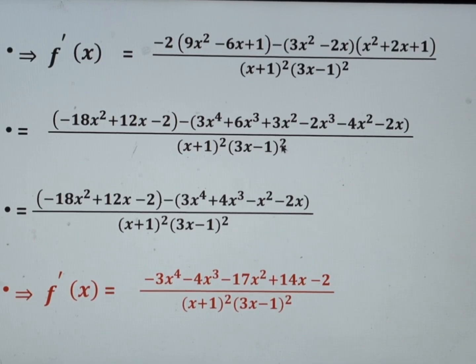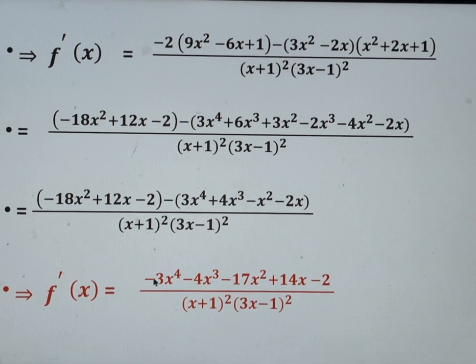Now opening the bracket and solving it, we get (minus 18x square plus 12x minus 2) minus (3x raised to power 4 plus 4x cube minus x square minus 2x) over (x plus 1) square into (3x minus 1) square. After opening the bracket and cancelling the terms,